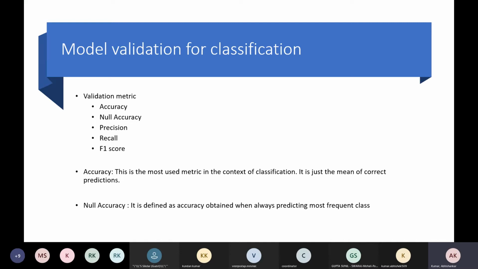For example, class A has 60 and class B has 40. You give me any feature, I will say it is class A. So my accuracy will be at least 60%. This we can use to baseline our performance. Any model you are going to develop has to do better than that null accuracy.